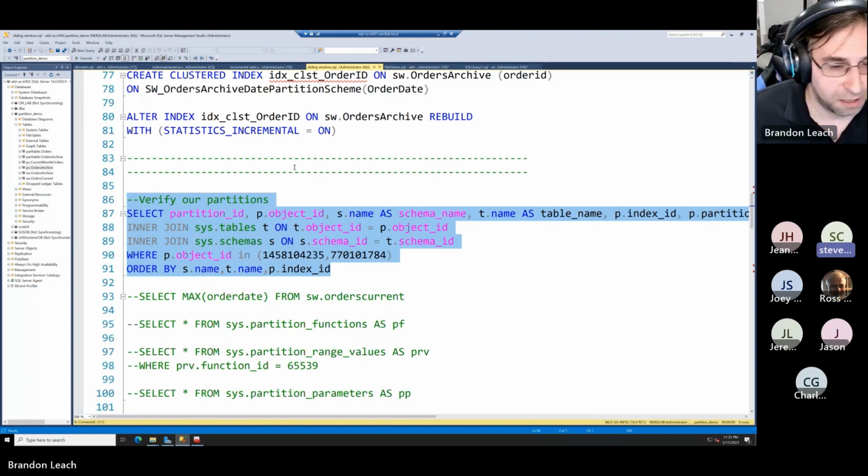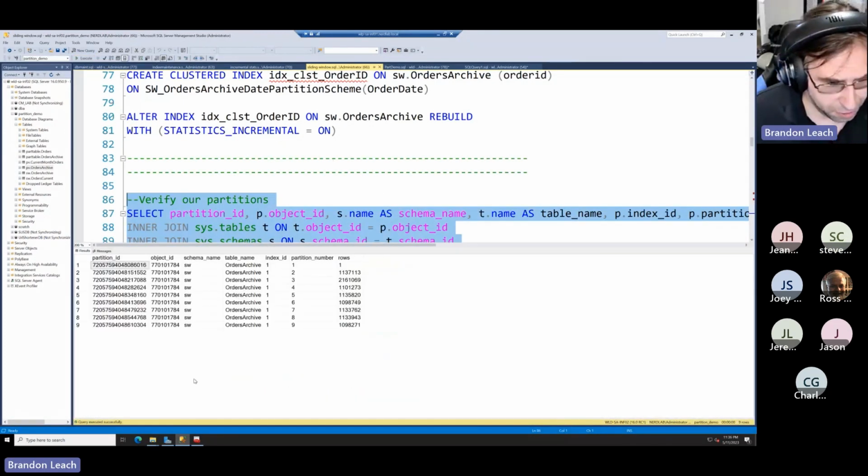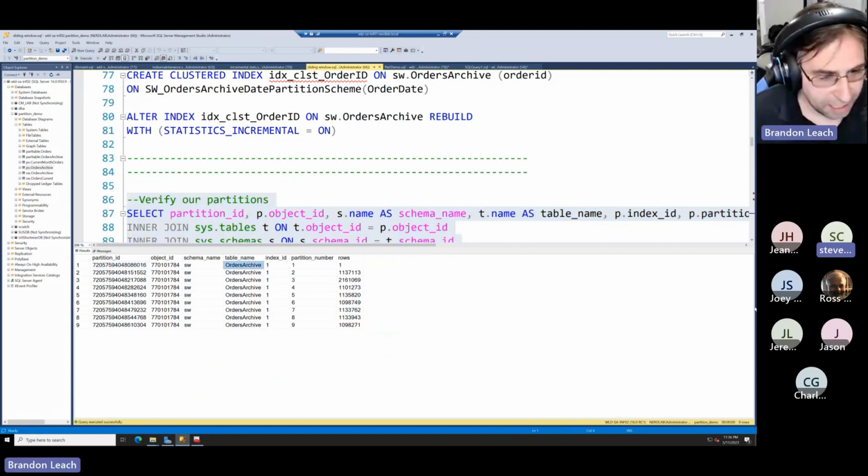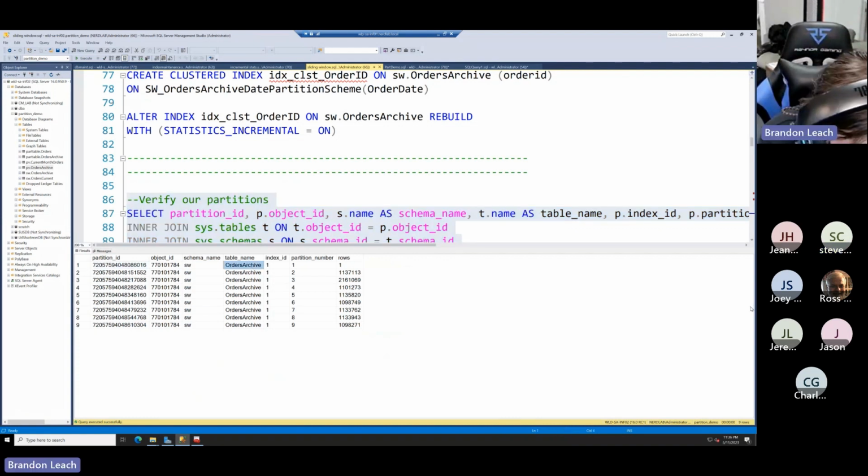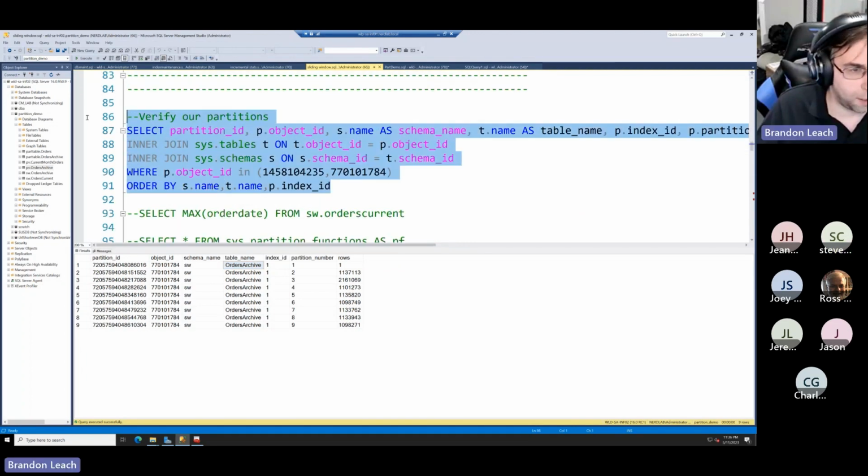That's it for now. So how do we see what partitions we have? Well, we have this wonderful table, sys.partitions. And if I run this query against that with a few joins, I can see that for the orders archive table, I have 9 partitions. We're only seeing orders archive because I've got a where clause in here, limiting it by object ID. It gives us a partition ID, the object ID, which ties to the table. It does give us a schema ID, which I've filtered out here and replaced with schema name, as well as